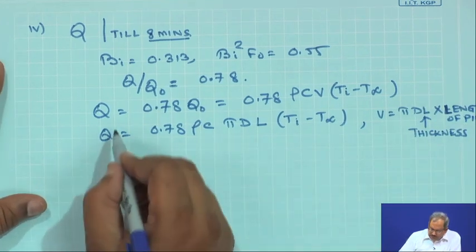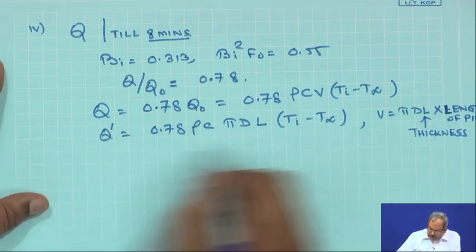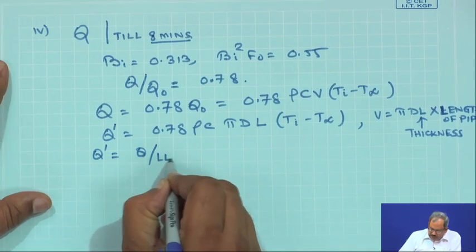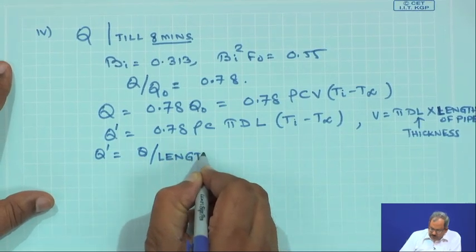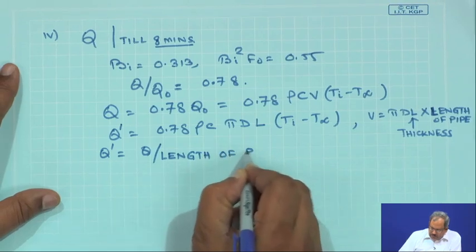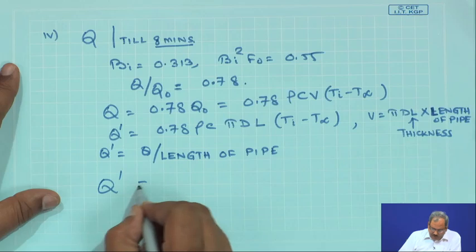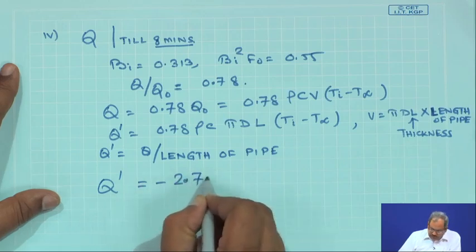So, when you do this, this is Q prime, and Q prime is simply Q by length of the pipe, and when you put the numbers, you would see Q prime to be equal to